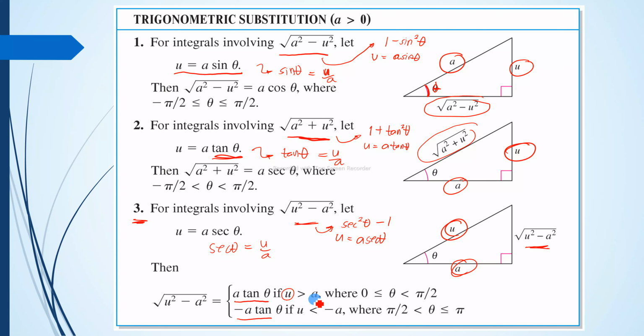If our u is greater than a, or our angle is greater than or equal to 0 but less than pi over 2, then we are going to use the value of the square root of u squared minus a squared as a tangent theta. Else, if u is less than negative a, or the angle of our right triangle is greater than pi over 2 but less than or equal to pi, then we are going to use the equivalent value of our square root of u squared minus a squared as negative a tangent